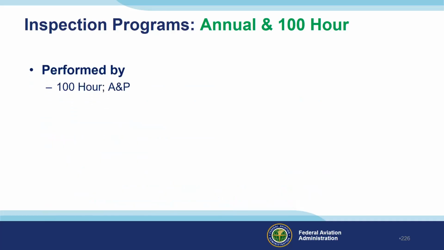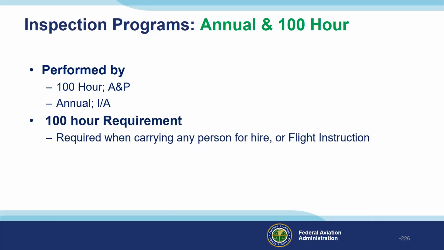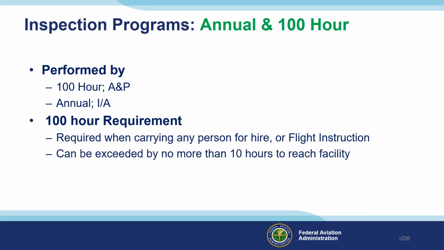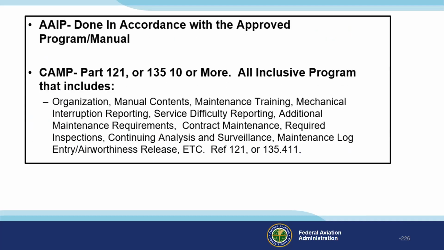We looked at who performs inspections when we looked at the privileges and limitations. 100-hour can be done by an A&P, annual by an IA. The 100-hour requirement, it's the same as an annual, Part 43, Appendix D, but it's required when carrying any person for hire or flight instruction. They do allow you to exceed that by no more than 10 hours to reach a facility. AAIP is done in accordance with the approved program or manual. And a CAMP,